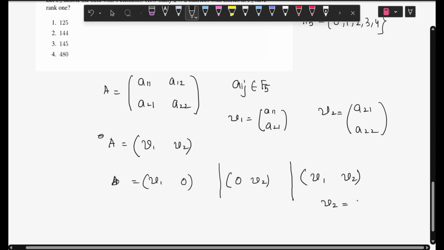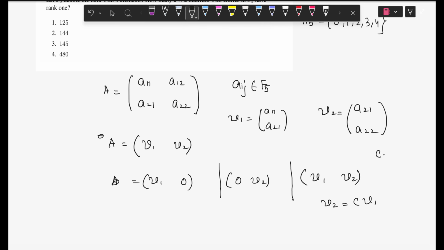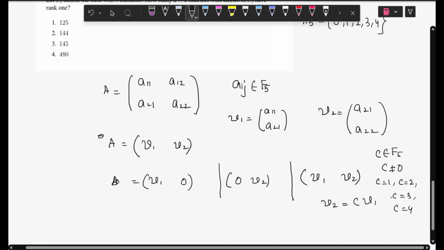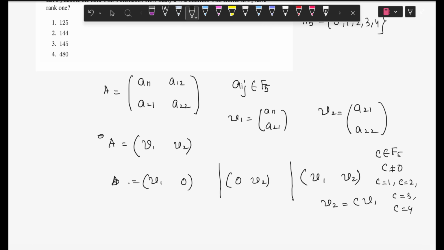कैन बी रिटन एज सम c into v1, मतलब v1 v2 linearly dependent होगा, where c belongs to F5, definitely c is non zero। मतलब c का चॉइस क्या क्या हो सकता है, c इक्वल टू 1, c इज इक्वल टू 2 हो सकता है, c is equal to 3 हो सकता है and c equal to 4 हो सकता है। In these four cases we can get the matrix A such that rank of A is equal to 1।